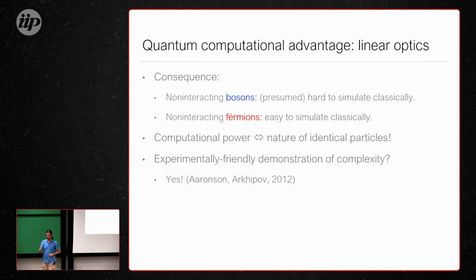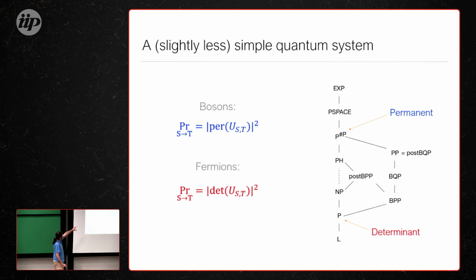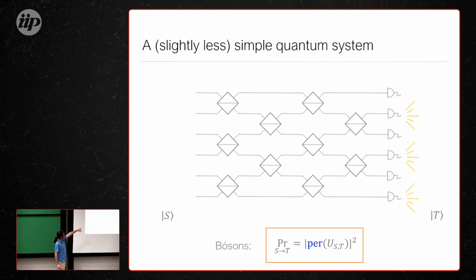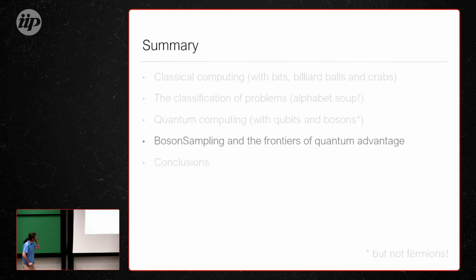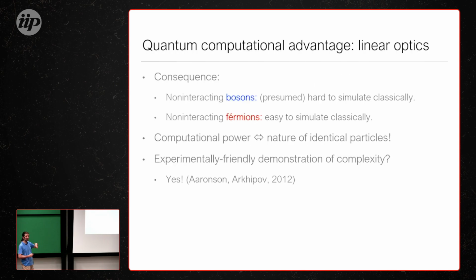The technology was much more ripe for a physical model of this type than for a universal quantum computer. So what they noticed at the time was, can we leverage this distinction between bosons and fermions to provide a task that this very simple quantum device, which is not expected to be universal for quantum computation, can do? You don't expect to be able to do quantum computation fully just with this. This is a very rudimentary quantum system. But they asked, can you propose a task that this system can solve that a classical computer cannot solve, that is based on this fact?